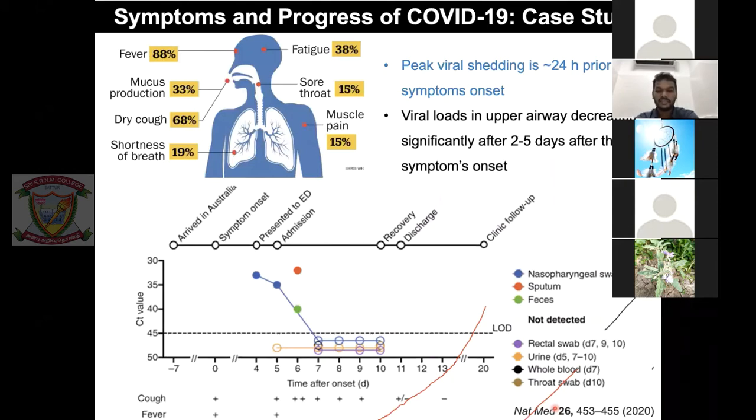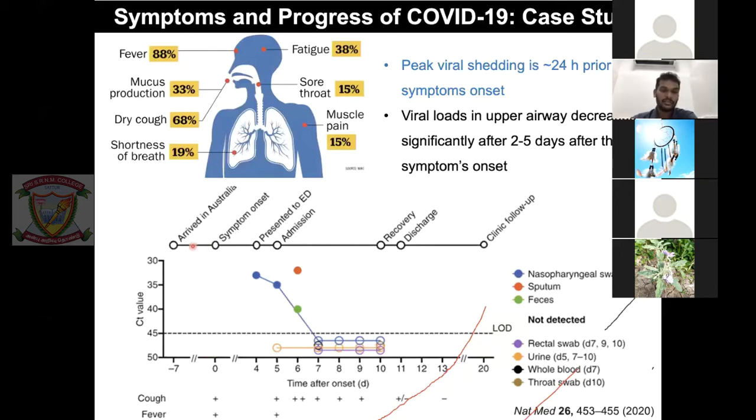And here is data from Nature Medicine that came out a month back to show you how serious the case is. If you look at the y-axis, it's called the CT value. In crude terms, it tells you the amount of RNA present in the virus, basically the level of virus present. 35 means very high loads of virus, and higher values mean low loads of virus. 45 is the cutoff they have. So that's what you need to know about this graph.